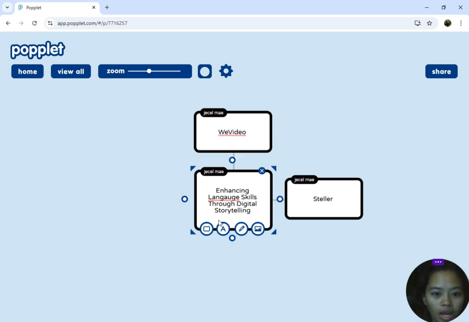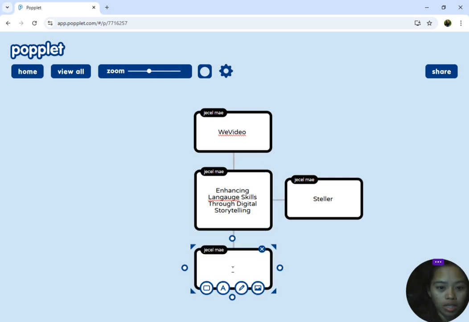Okay, so I am trying to create a mind map in which it helps us to enhance our language skills. Let's just select four tools. Here is Adobe Spark Page.